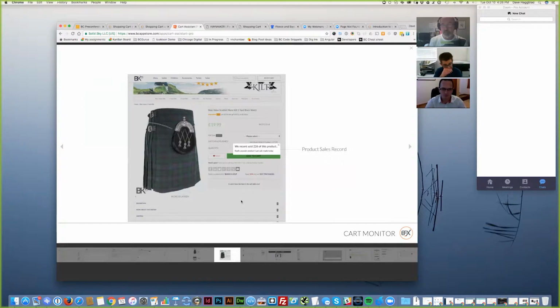Maybe it's a scarcity thing where you look at the stock and you put a different message at different levels of stock. If there's 5 left or 3 left or only 1 left, and those kinds of things. So what I hear you saying is tools like this, built with Liquid markup, can significantly increase your conversion rates. Yeah, and again, the way the Liquid works there is that it pulls right away from the database of the entire server that the website is running on, and displays that information based on exact information. And for example, like you said there, if the product is running low, you can specify within the app